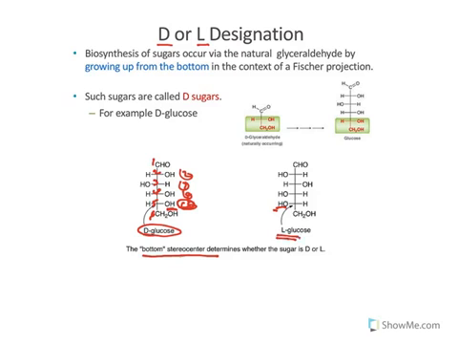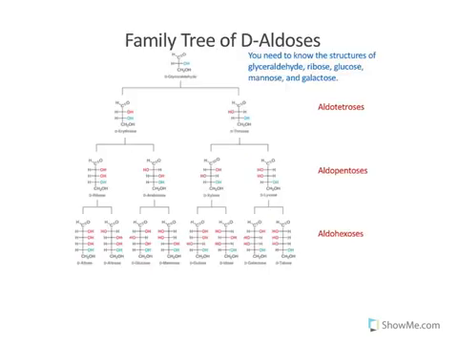So most of the naturally existing sugars have OH on the right. So most of the naturally existing sugars are D sugars. But if you look at these two again, you will notice that they are actually enantiomers, so mirror images of each other. So the D is simply a mirror image of the L. These configuration strategies can help us to classify sugars and to develop a family tree, either for the aldoses or